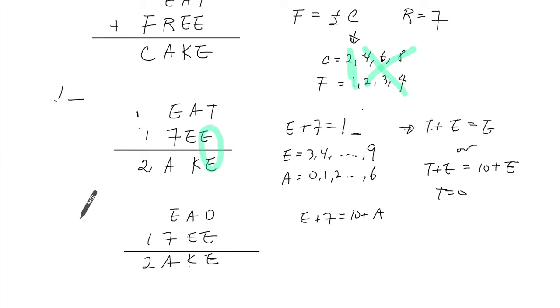At this point, why don't we just plug in a value? So here's a list of values that we have. Let's plug in a large value, like maybe an 8. So if E is 8, we get 0, 8, 8, A, 8, K. This is 8, 7. That gives you 16,